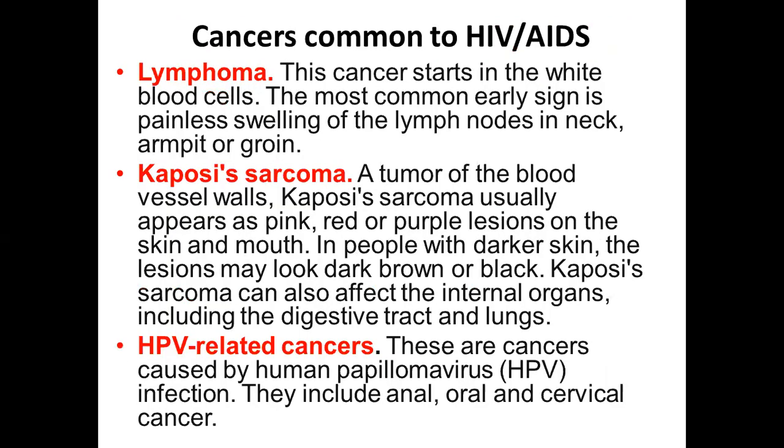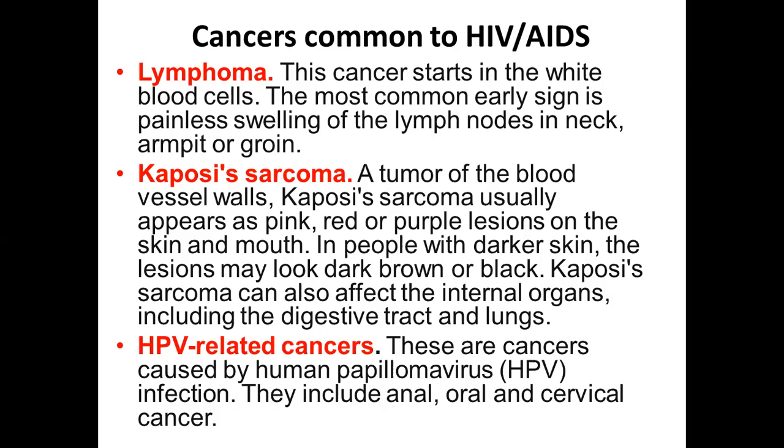Now coming to the cancer, you should know the names of the cancers which can develop in a AIDS patient. सबसे इम्पोर्टेंट उसमें Kaposi sarcoma आ जाते हैं और lymphomas आ जाते हैं. अब इसमें क्या होता है, lymphomas हमें पता है कि cancer starts in the white blood cells और it is an early sign in a जब patient का lymph node पेनलेसली इनलार्ज हुआ होगा नेक में, आर्मपिट में और ग्रॉइन में।